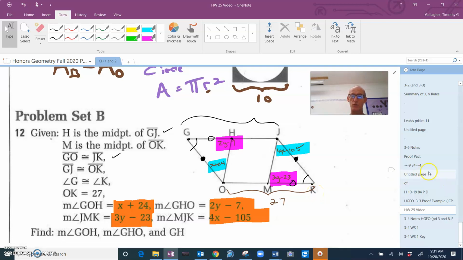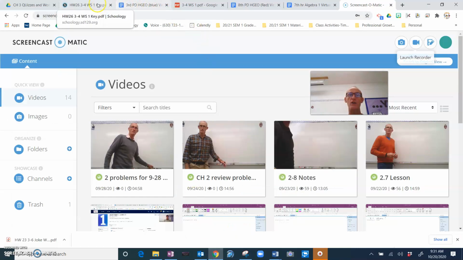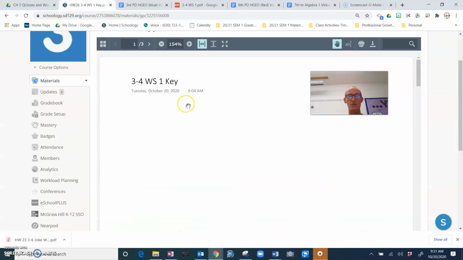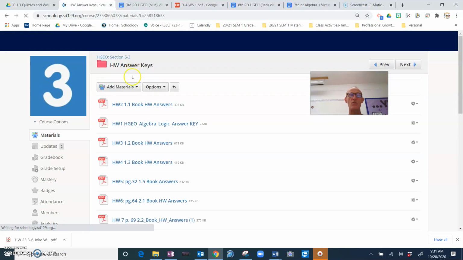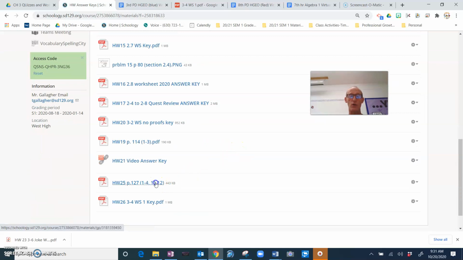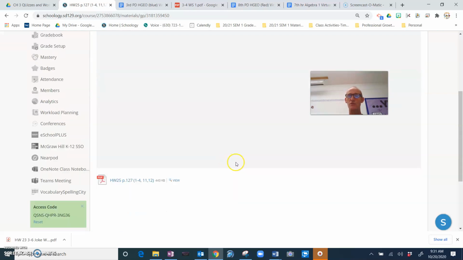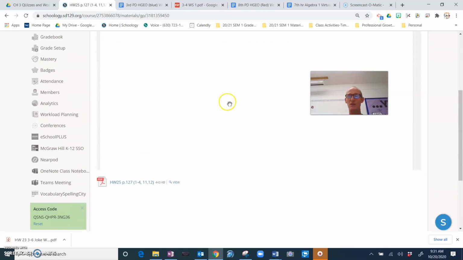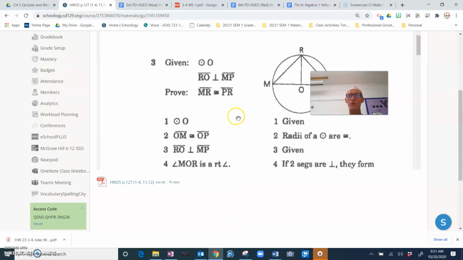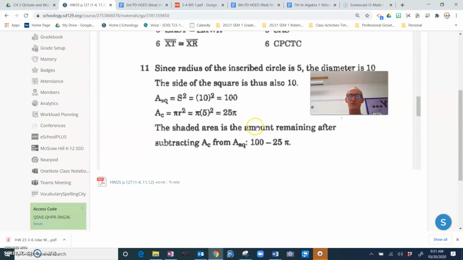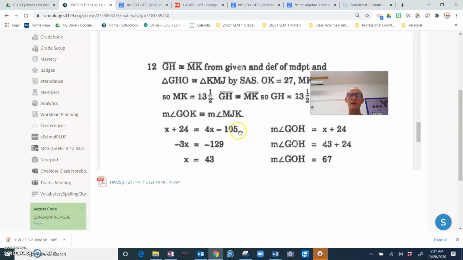So what that will do will give us x and y. And x and y, this is the answer key for that. This x and y you can solve for with algebra, and you have to be able to see that in problem number 12. I'm showing you the answer key that's on the Schoology page. You get these two equations equal to each other, and then you solve for x,